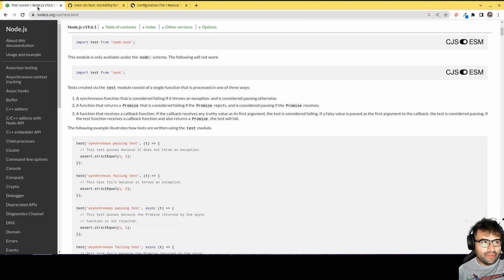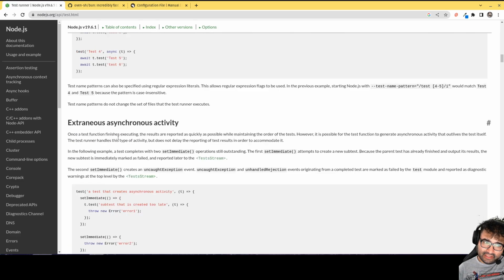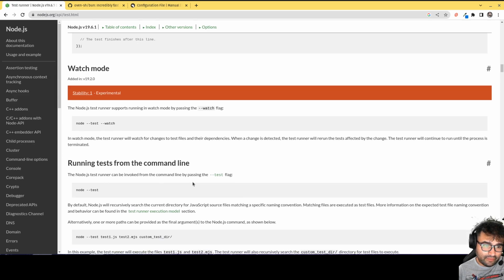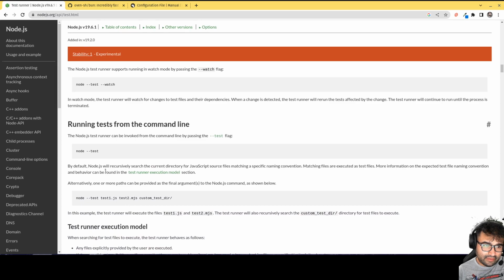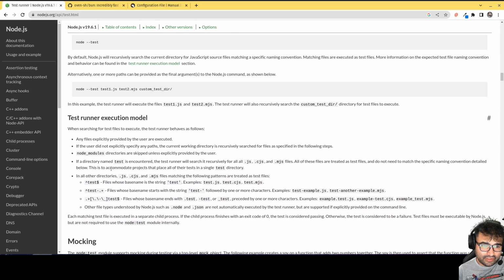That kind of reminds me of a question. How does Node have a built-in testing command? Here we go. Node supports running in watch mode, pass the watch flag, or the test flag can be invoked. By default Node will recursively search the directory for JavaScript files matching a specific naming convention. Matching files that test execute, so it's just called test. Test runner execution: when the directory named test is encountered, the test runner will recursively search for all